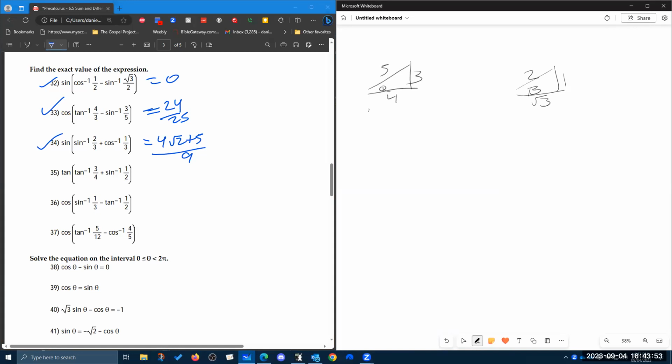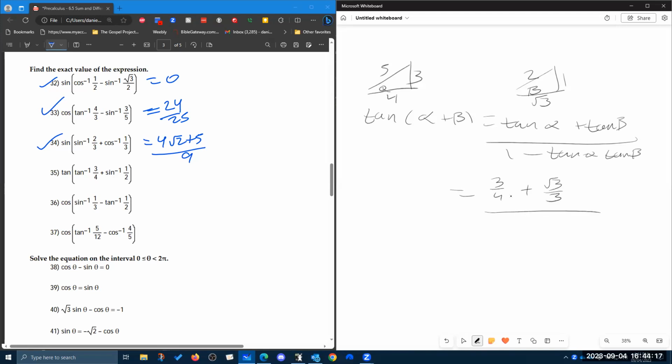And I want tan of alpha plus beta, which is tan alpha plus tan beta over 1 minus tan alpha times tan beta. That is going to be 3/4 plus root 3 over 3, over 1 minus 3/4 times root 3 over 3. So you can do that. And this is going to be